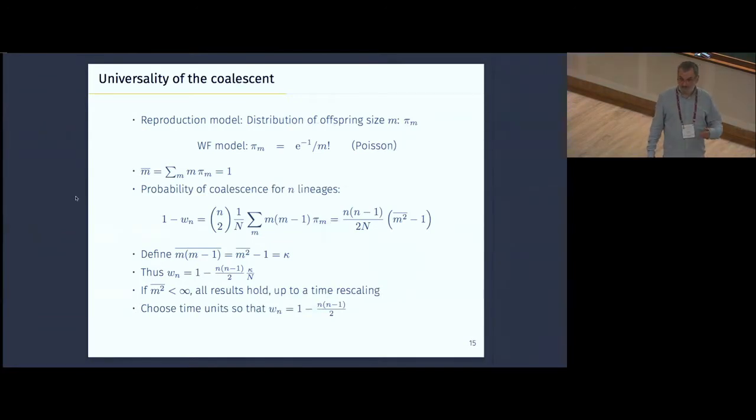Whenever you introduce, say, selection, you will have a different statistics, and this different statistics is due to the fact that you have a multiple coalescence with slowly decreasing probability. And in this case, you go to a different behavior, which is also universal,